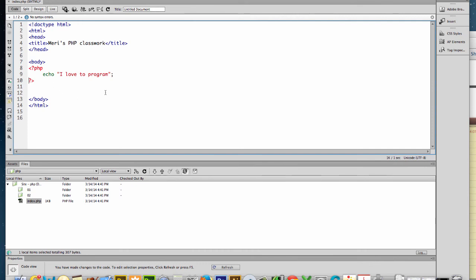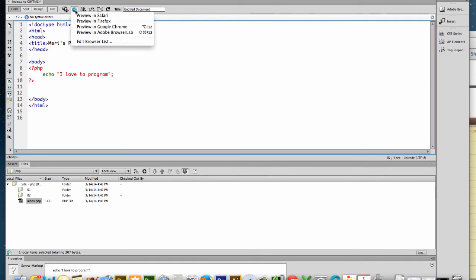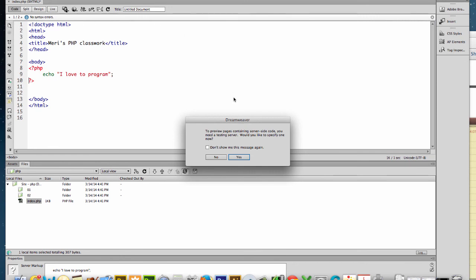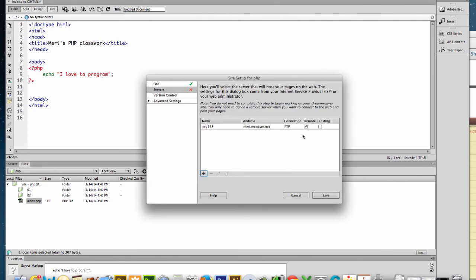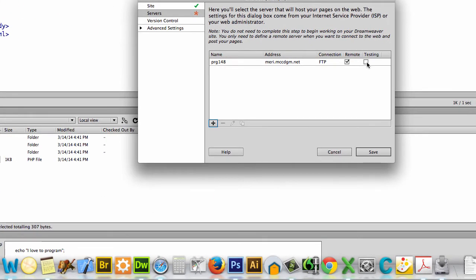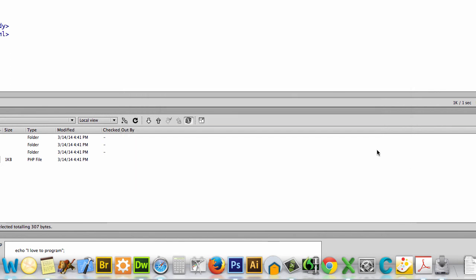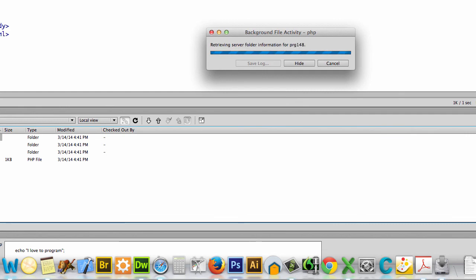If you're using that, you just upload before you test. So here, if I want to test this, if I try to preview it, it's going to give me an error. I need to specify a testing server. Would you like to specify one now? Yes, I would. So this PRG148, I want to make that a testing server as well. I always forget that until it reminds me. Once it does that,